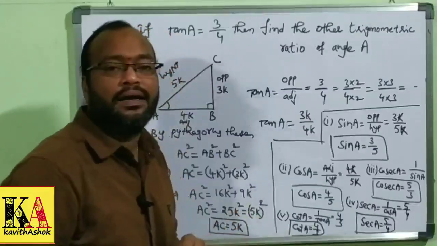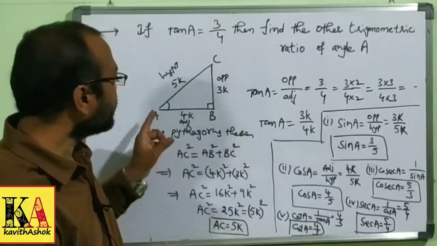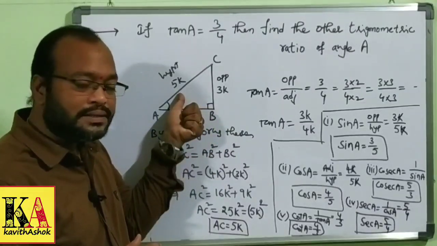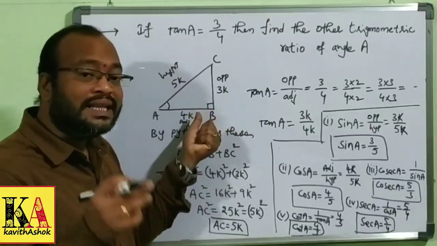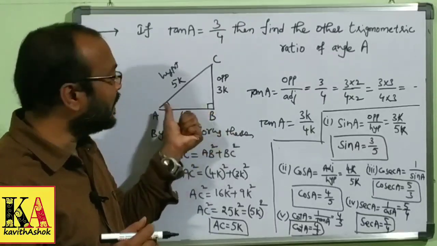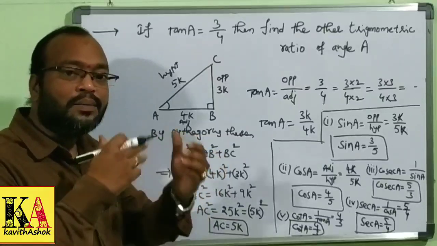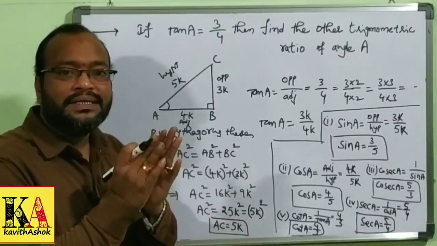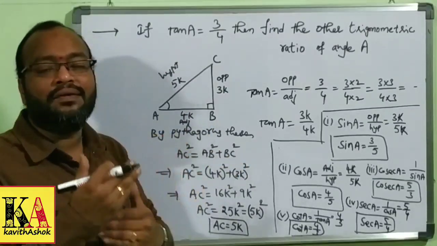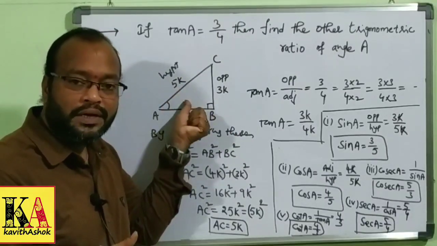Like this we can calculate all the remaining trigonometric ratios. Just remember, in the right angle triangle, since this is the hypotenuse, the remaining two sides are always less than the hypotenuse. Why? Because this is the right angle, so the remaining two angles are always less than 90 degrees. According to the property of trigonometry, the side opposite to the bigger angle is always larger, and the lesser angle's side is always smaller. That's why these two sides' lengths are always less than the hypotenuse. Is it clear now?